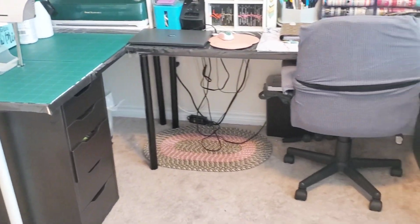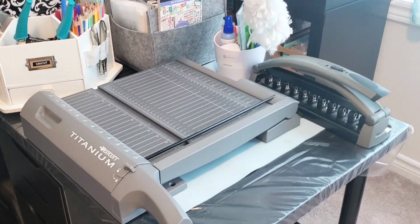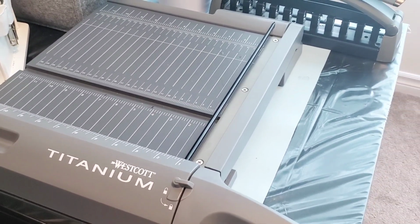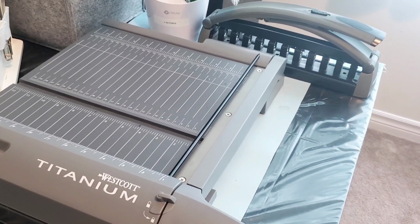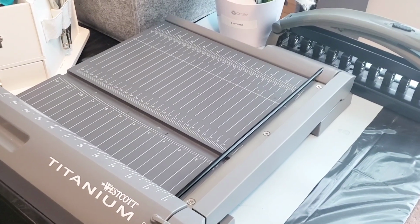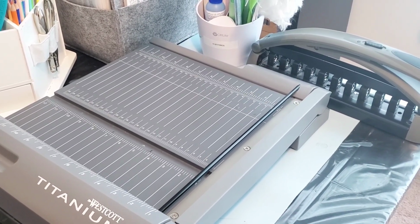So I'll go back to where I had started talking about. This is my cutting area. When I make cash envelopes, those kind of items, I will cut over here. All of my paper inserts, I cut over here. I love this cutter. I purchased this at Value Village. Honestly, I bought it and had it stored for maybe a year or two because I really wasn't making inserts or doing any of that stuff. And then I realized that this thing is an absolute workhorse. I love it. I probably will never get rid of it because it is, I don't know, not self-healing, but self-sharpening. So it will continue to stay sharp. It has been with me for the last